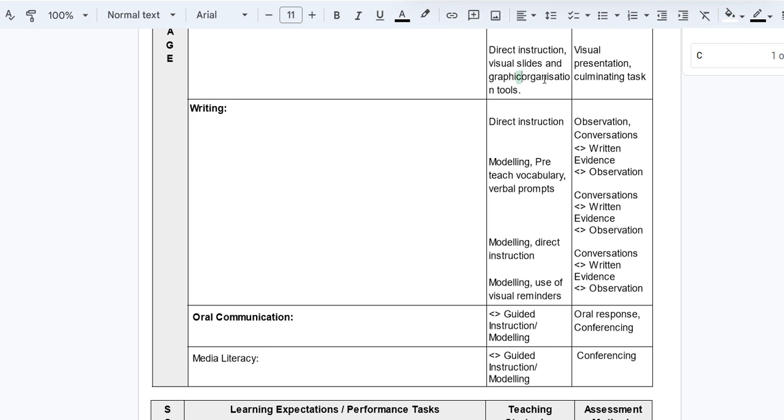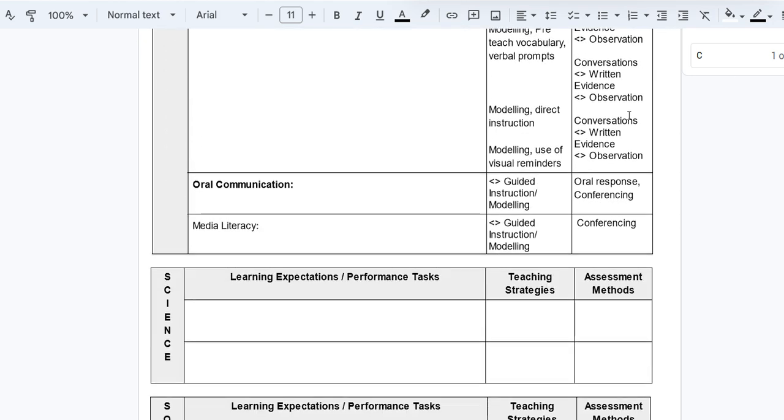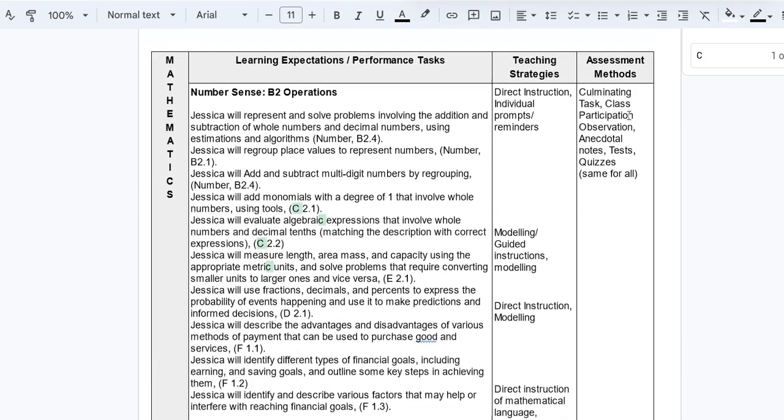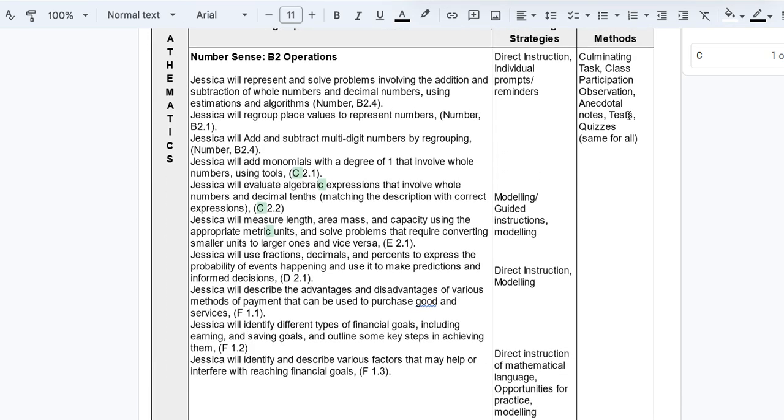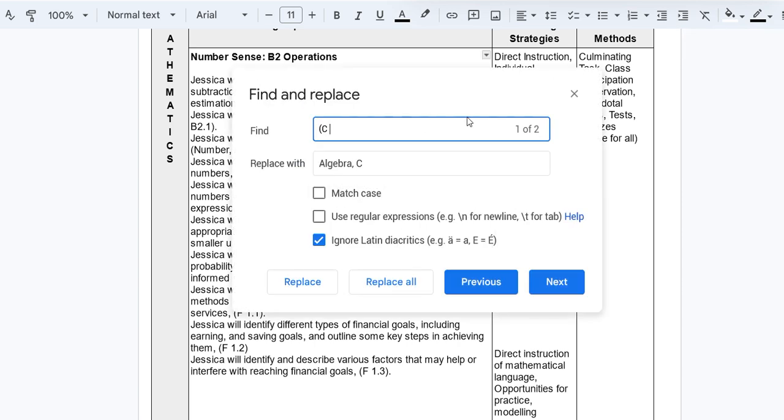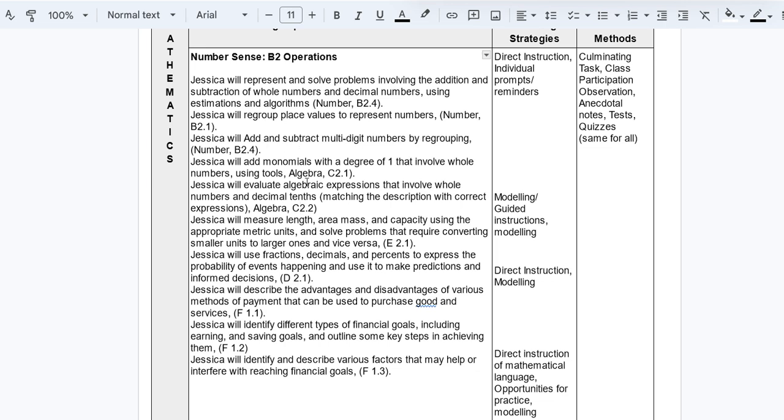It's finding a couple. So when C is at the end of a word, it's changing it. Interesting. So I'm going to fix this by finding bracket C space. There we go. Then I'm going to click the 3 dots, replace all, close this down, and every time there's a C,